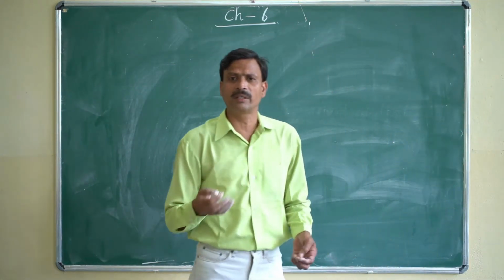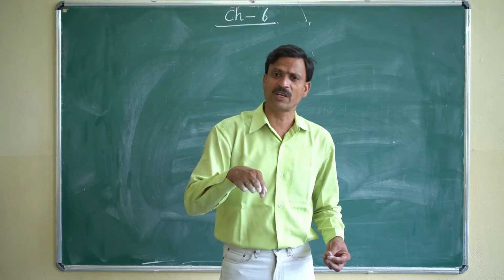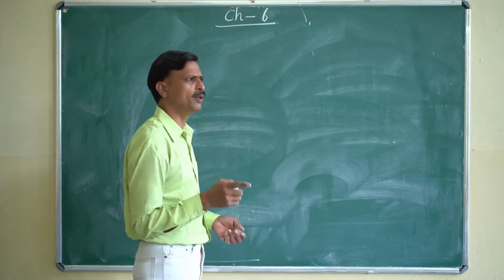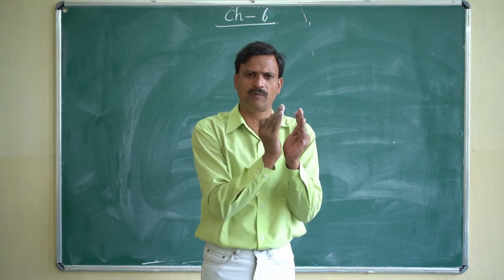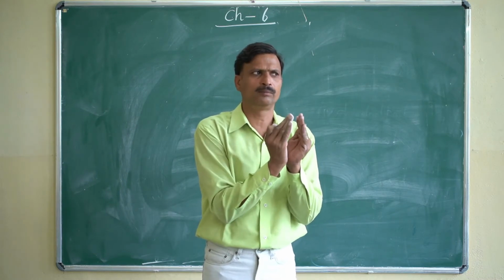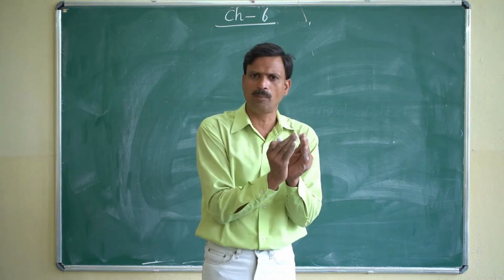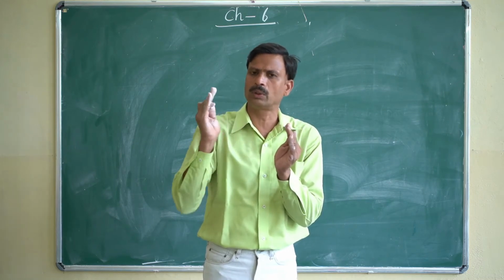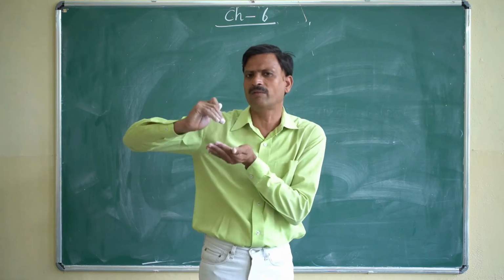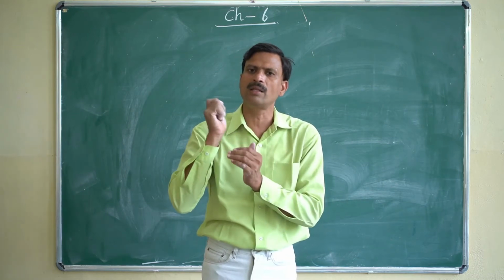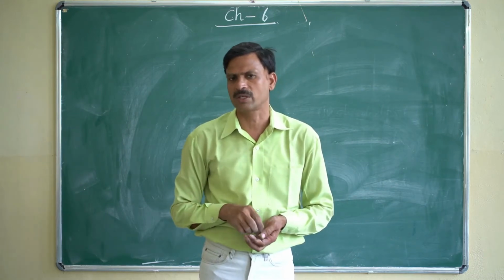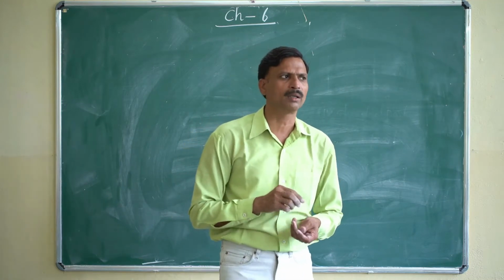How can we convert the improper fraction into a mixed fraction? In a mixed fraction, there will be two portions. One portion will be the whole number, or natural number like 1, 2, 3, 4, 5, 6, and the second part will be the fraction. So whole number plus fraction, that is the mixed fraction. I am telling you, you will understand better.